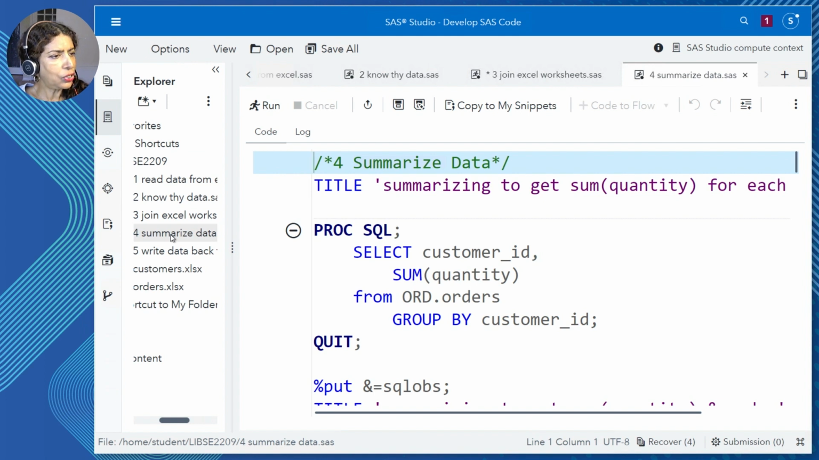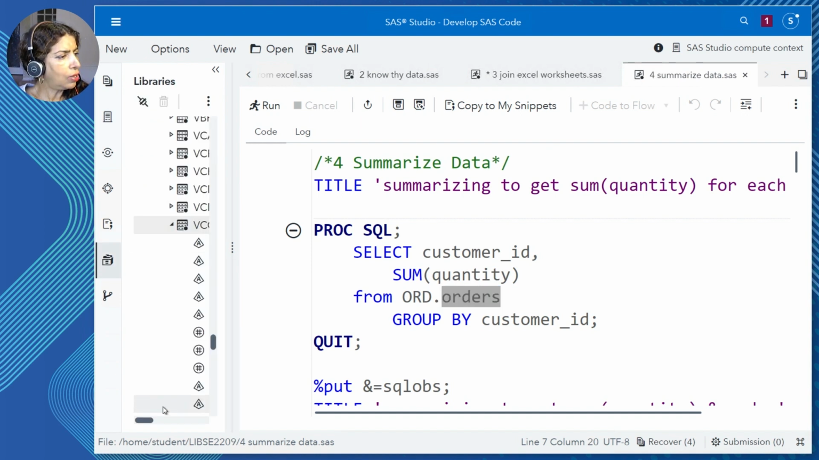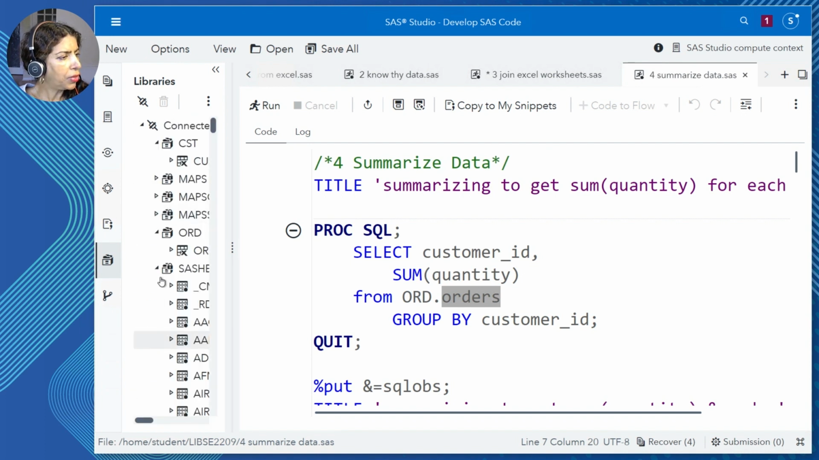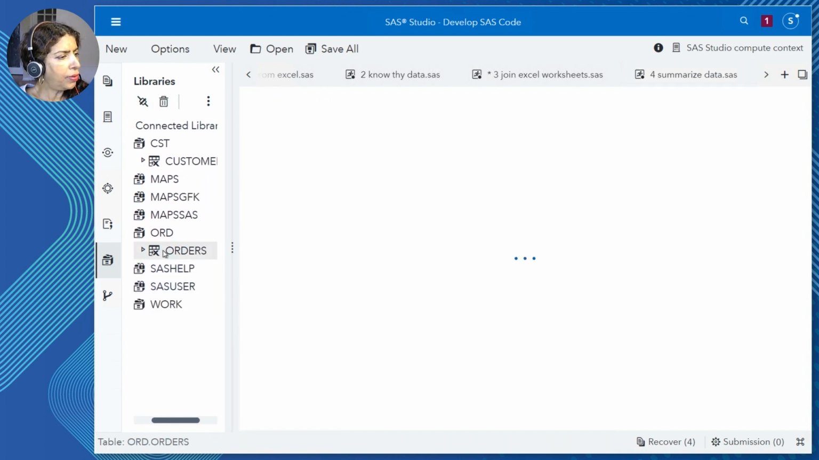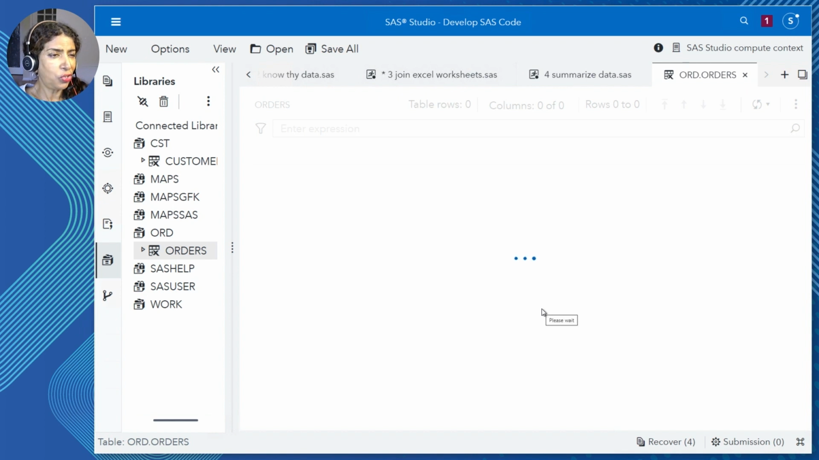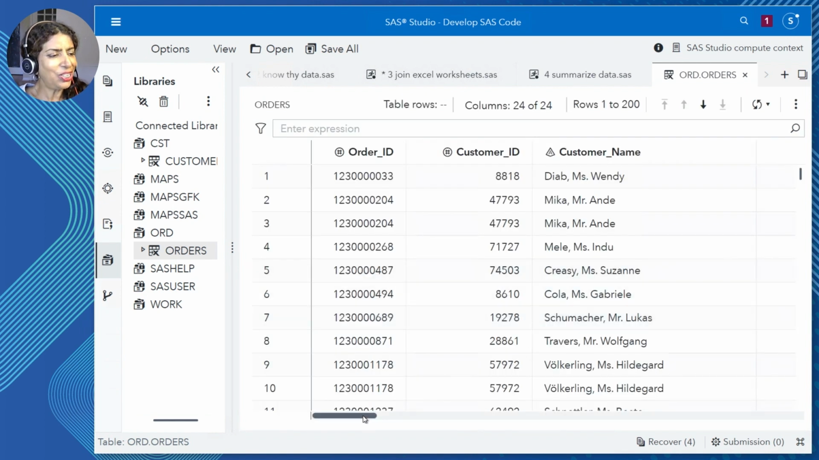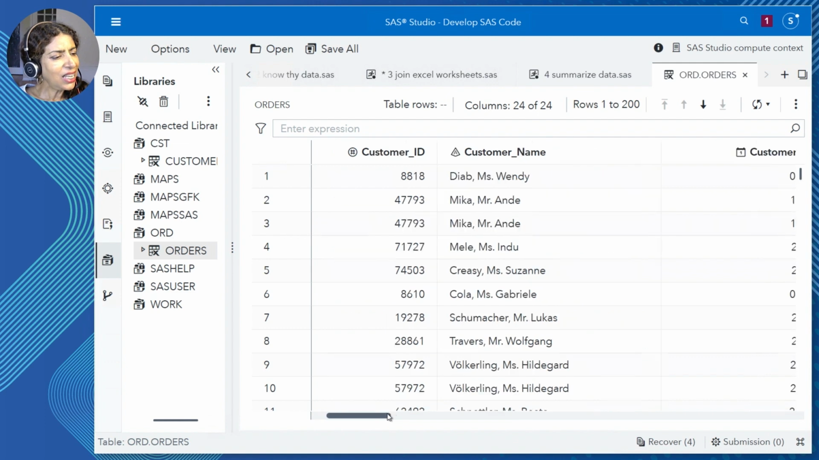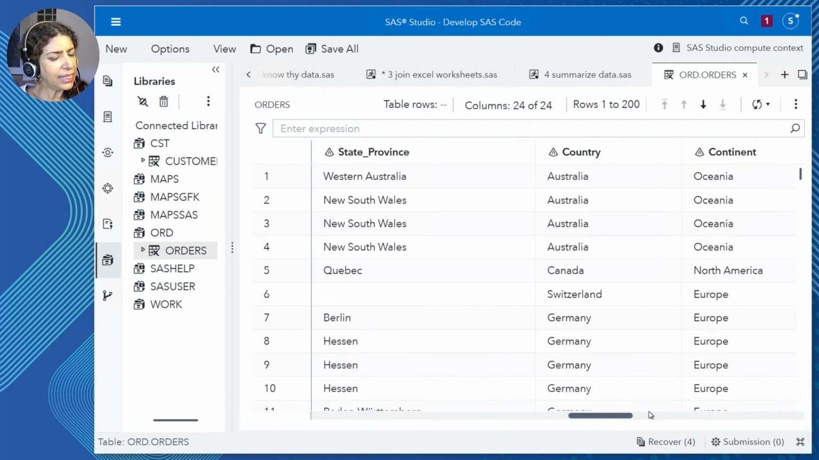The next section is to summarize data. Plain and simple, I want to take the orders table, and I'm curious if I go and look at the orders library. Let's scroll all the way to the top, minimize my SAS help library. If I open up this orders dataset, which is really an Excel worksheet, I do love saying that, I'll see the information contained in this